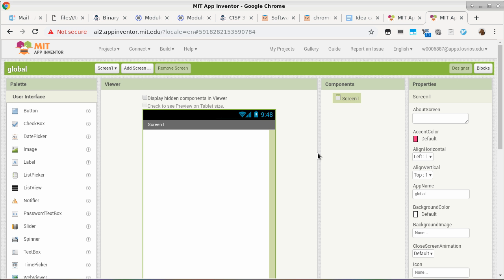Because if you don't reserve it for the splash screen and later on you want to have a splash screen, you cannot make that happen. Now, if you say, okay, I'm reserving screen 1 as my splash screen, but I decide not to have a splash screen, that's easily fixed. All you have to do is specify in screen 1 to transition to screen 2 right away. Then you don't have a splash screen. But if you want to have a splash screen, this is the only place to put it.